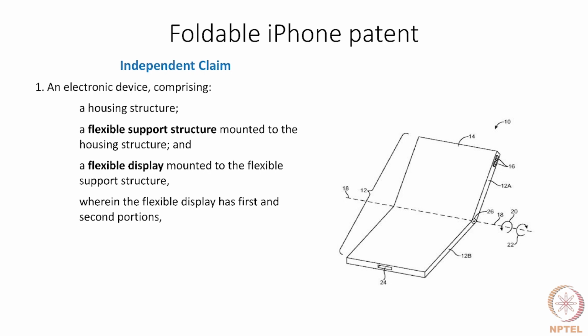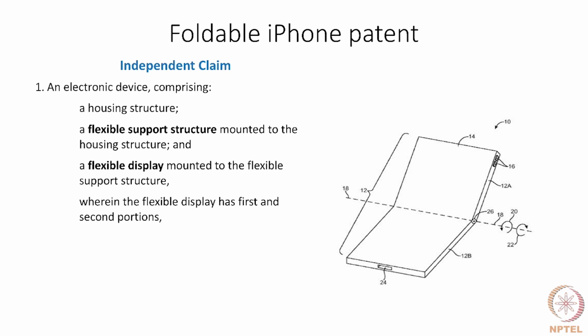We saw the first transition that was comprising. Now, comprising these three things, wherein, which means it's a further detail to what has already been described. Whenever you use wherein, you would usually explain things that have already preceded. So, wherein the flexible display, notice that it's the flexible display because flexible display has already been introduced, has first